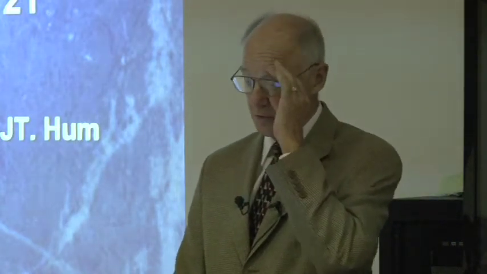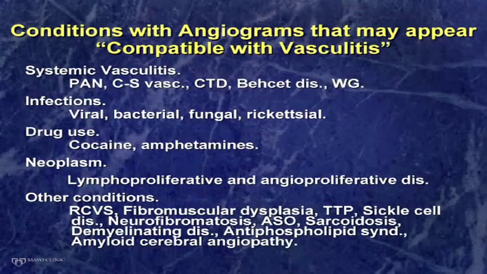However, as experience increased, it was found that these findings, which were compatible with vasculitis, compatible because you don't have a tissue diagnosis in those cases, were not specific for vasculitis of the CNS necessarily. You had to be aware that systemic vasculitis could cause them, but then other kinds of conditions, such as infections of a variety of kinds, drug uses, cocaine, vasospastic substances, neoplasms, a very rare angioproliferative disorder involving the blood vessels, just a few cases reported, and then other conditions, fibromuscular